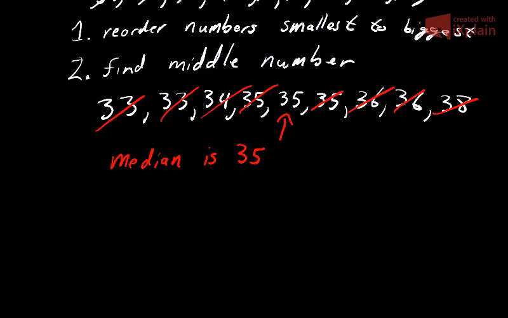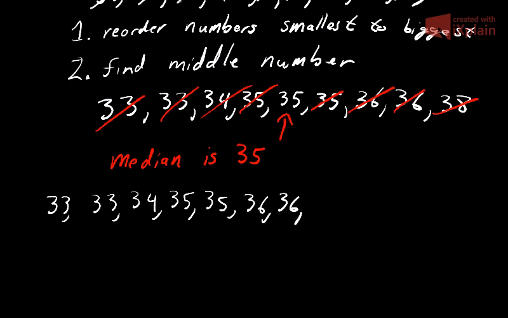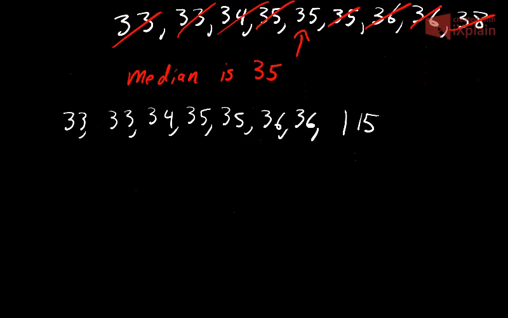So we are going to pretend now that this set of numbers we have is 33, 33, 34, 35, 35, 36, 36, and 115. So this is now our data set. And we're going to start by finding the median. So if I start by trying to find the median,